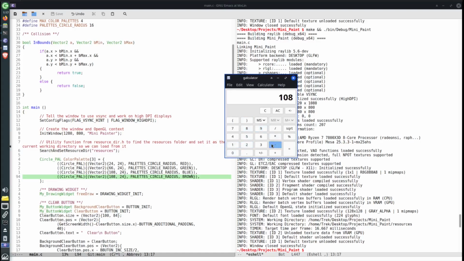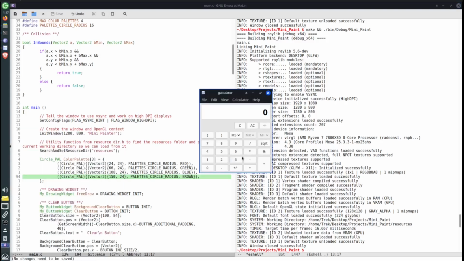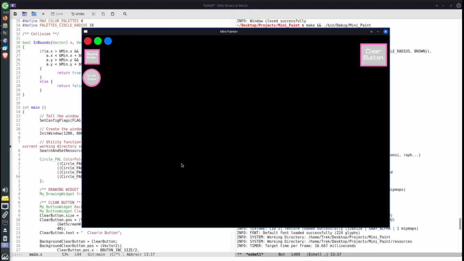108 minus 66. 42, so it's 42 apart. So then we can just say 42 plus A is 150. That was it, right? 108 minus 66, and I clicked the wrong thing. 108 minus 66. 42, yeah, 42. So 42, 150. We have brown. Then we do this, and then we have